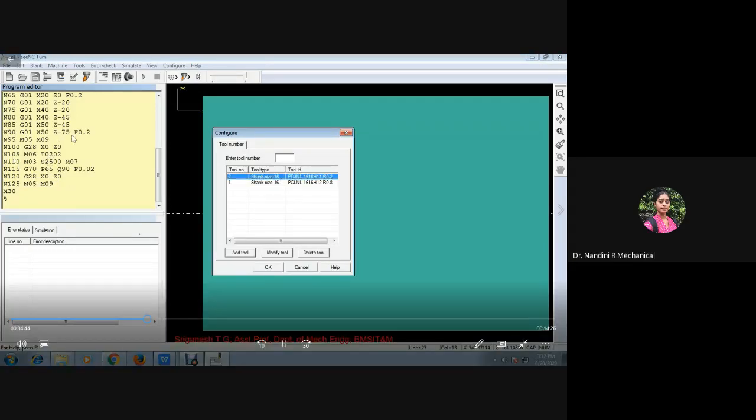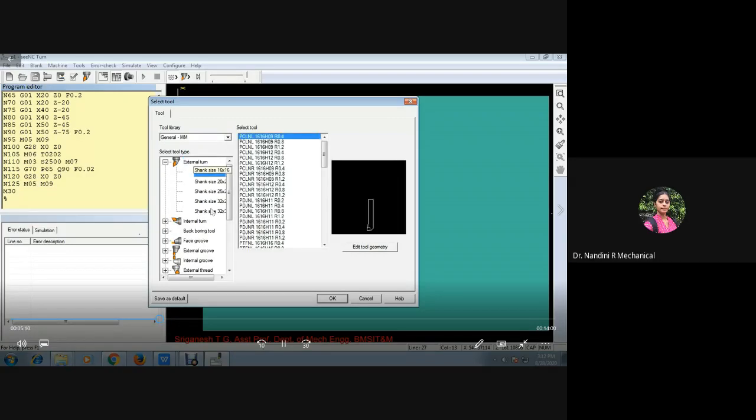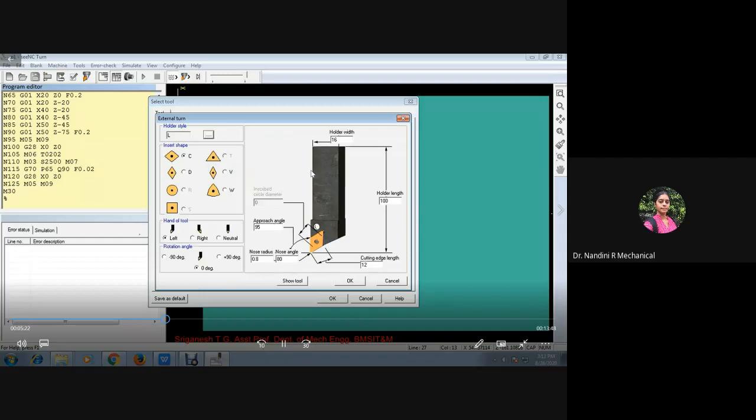So once the program is ready, you have to set the tool number. For the rough turning, you have to go with T01. Okay, so now he has to add tool number 1. Then it asks you the unit you are going to select. It is in metric unit. After that, you have to select the shank size. For the offset, he will be selecting some value. It should be T01, and here the offset number has to be assigned.